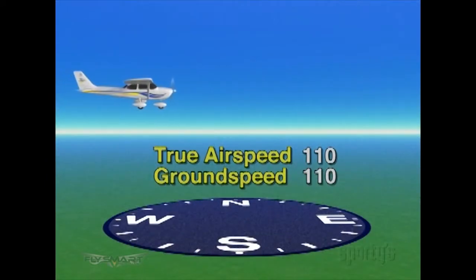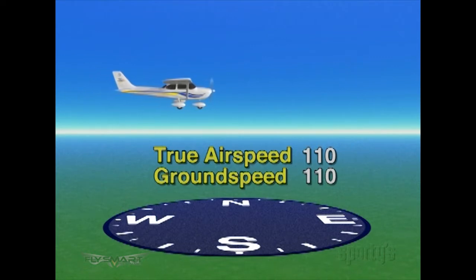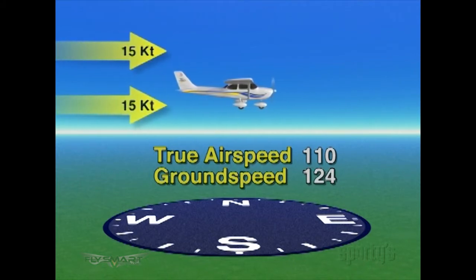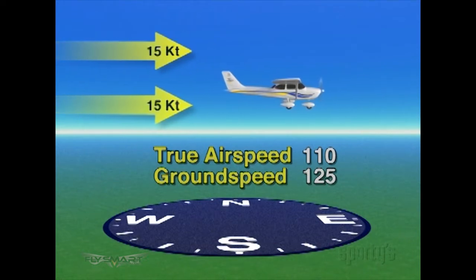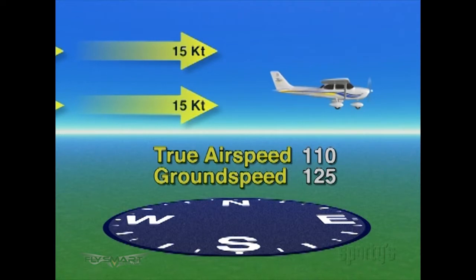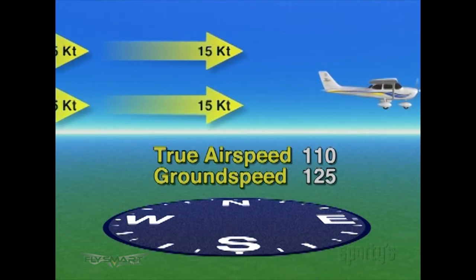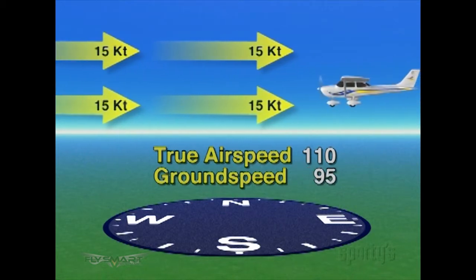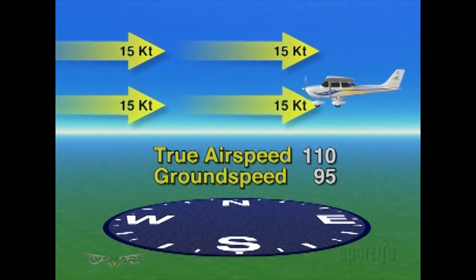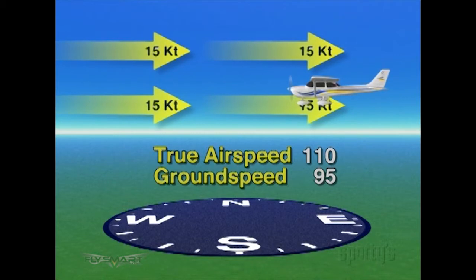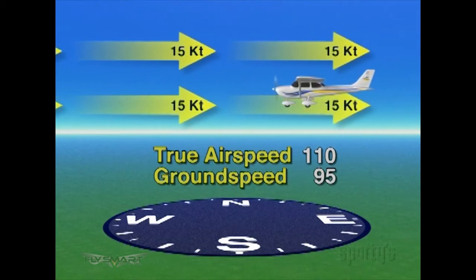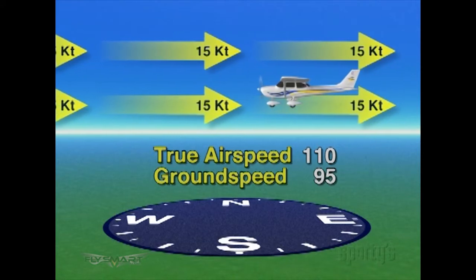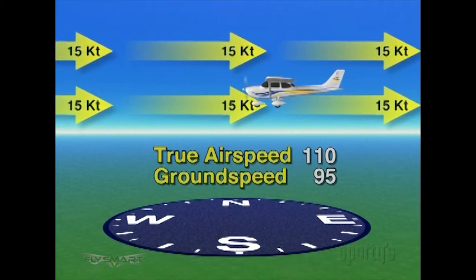If we're flying east in a Skyhawk at 110 knots true airspeed in calm air, the ground speed is going to match the true airspeed at 110 knots. If the air begins to move from the west to the east at 15 knots, the true airspeed remains the same, but the ground speed increases by 15 knots, from 110 to 125 knots, due to the tailwind. If we turn the airplane 180 degrees and head back west, the wind becomes a headwind. The true airspeed will not change, but the 15-knot headwind reduces the ground speed by 15 knots, from 110 knots